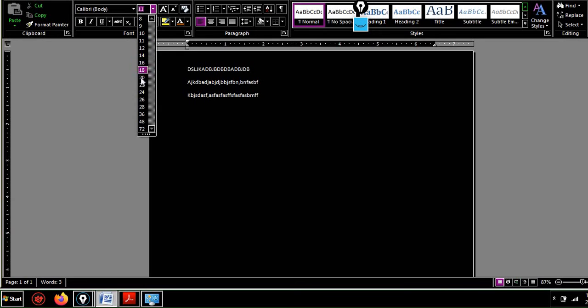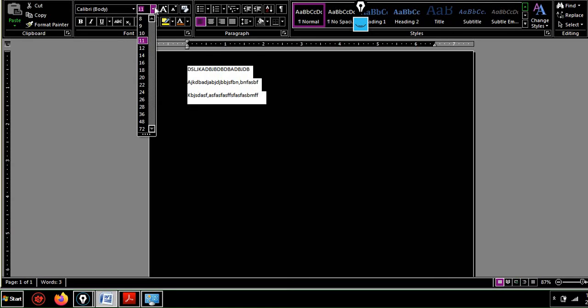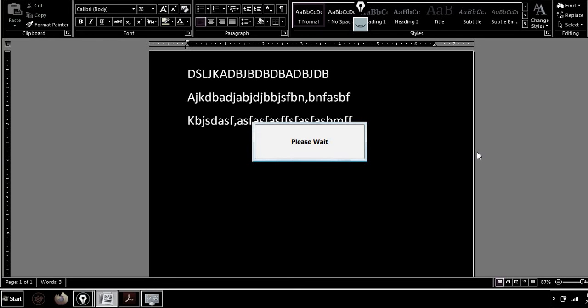If they want, they can increase the font from here also. Okay, so this is high contrast for those persons who are unable to see properly, right? So that's it. Now I want to switch this off, so again I will press Alt Shift and print screen, and high contrast will be switched off, right?